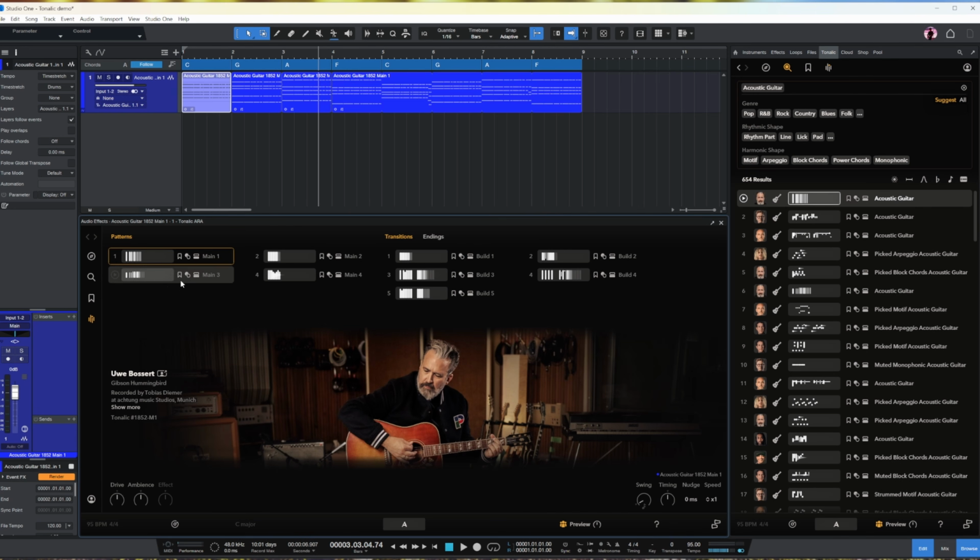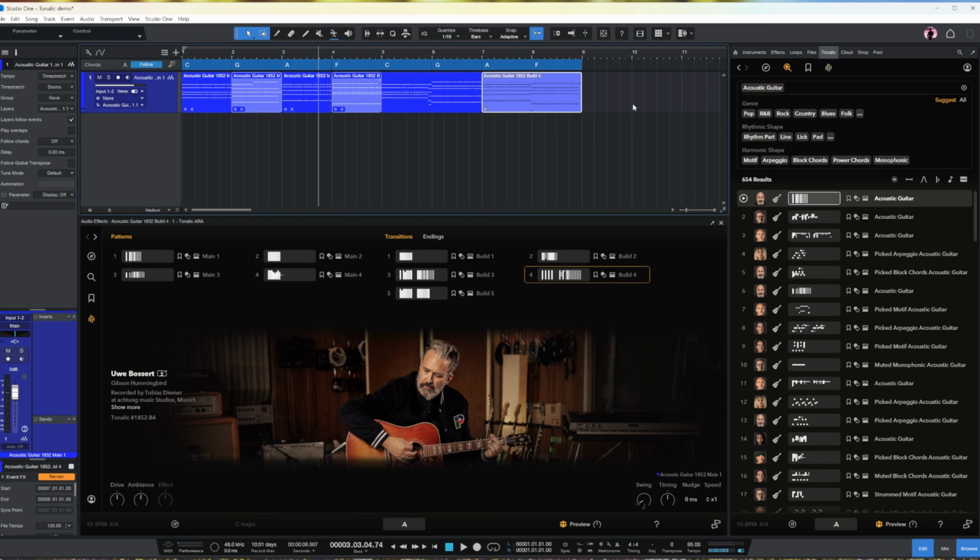So let's say you want to have this second part here. It will think, and it will populate the performance here. Look, it's thinking. By the way, I do have a fairly fast internet connection, and it's taken a few seconds to think about that. And let's say there's like a build here. And let's say we have a build here, right? So if we play this from the start,